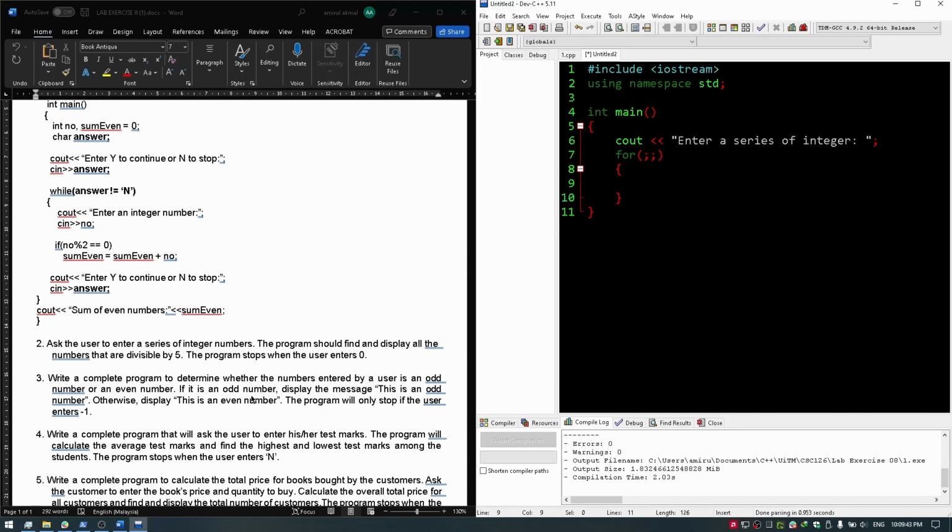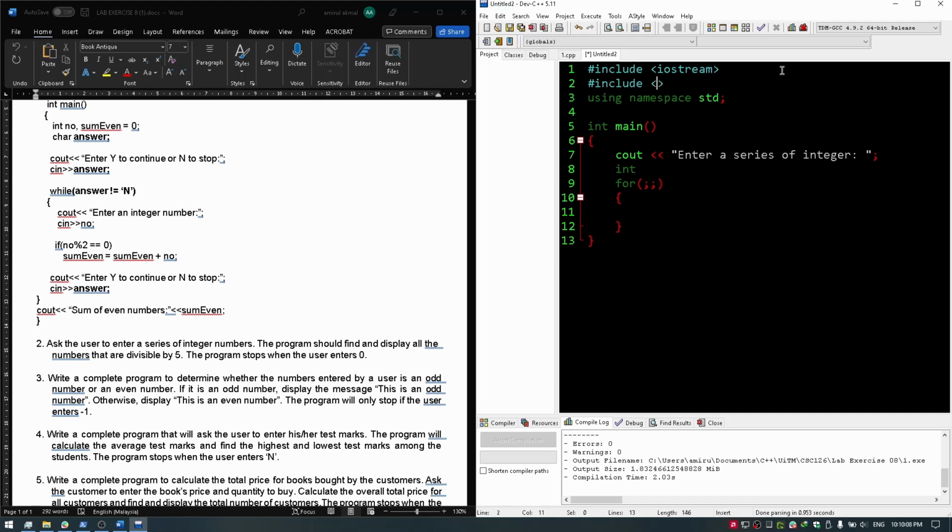For this I think, let's have some variable integer to display all numbers that are divisible by 5. I guess so, I think we need to have an array, #include <vector>. Okay, so int user, because we want to take from the user, so cin user,